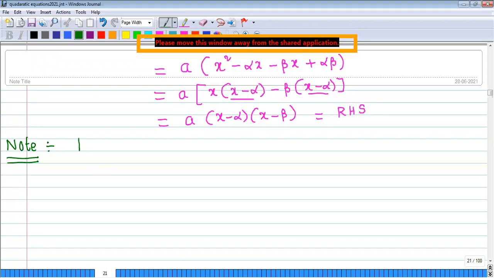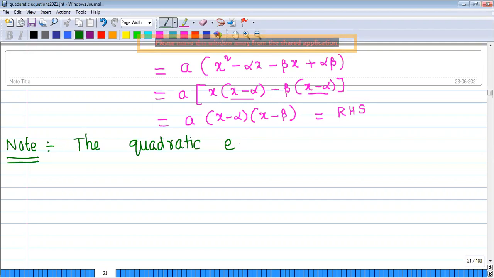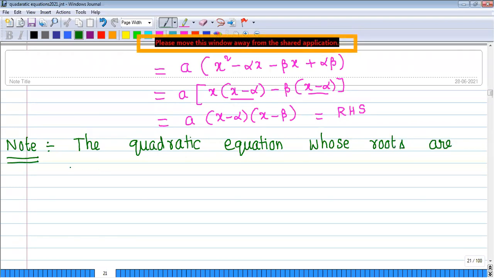So that means the quadratic equation whose roots are alpha and beta, these two are given, is given by